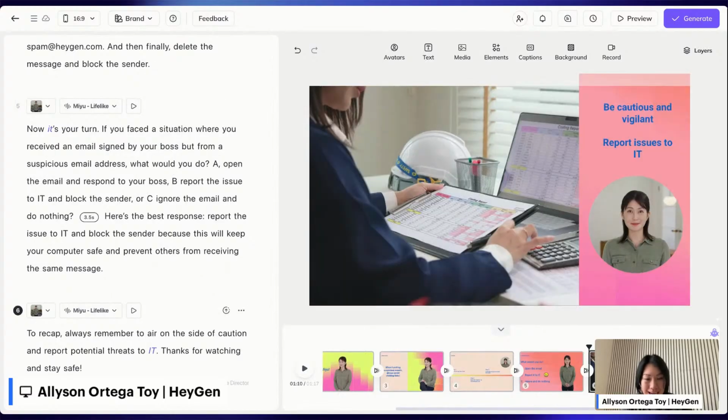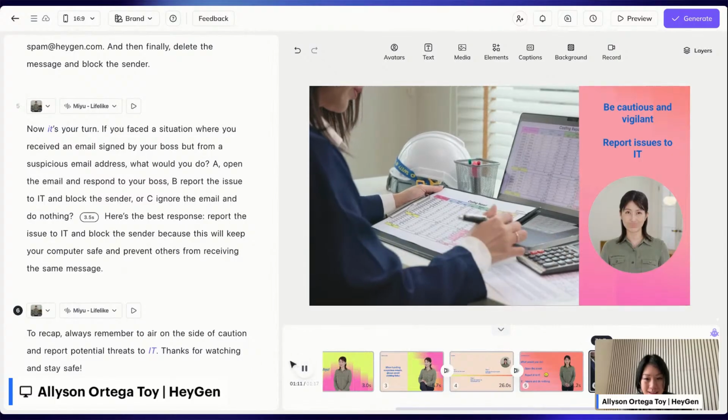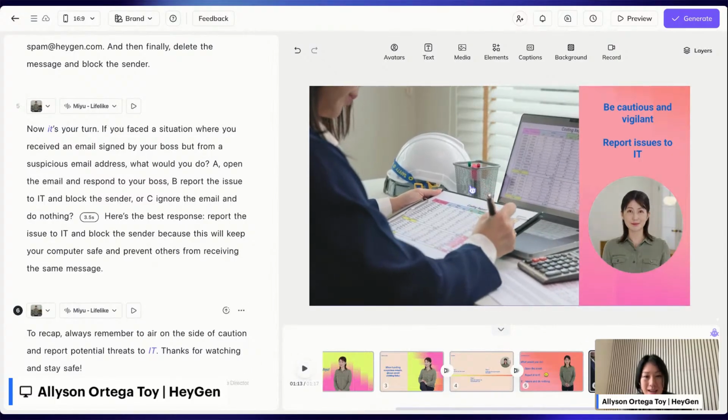Here in this last scene, if you remember, this has a video in the background, right? So adding video to your video, ironically, can help to make it feel more dynamic, feel more engaging, and especially if you're creating training content, keep engaging that viewer, that learner. In this case,